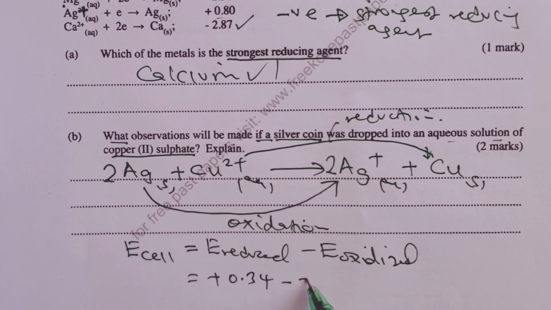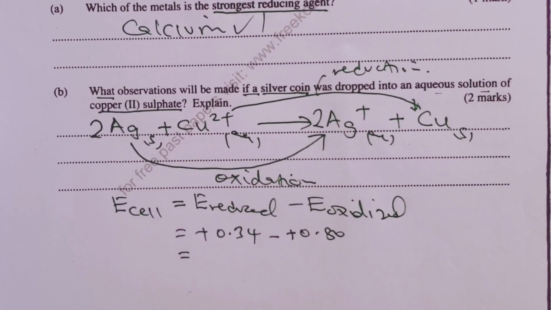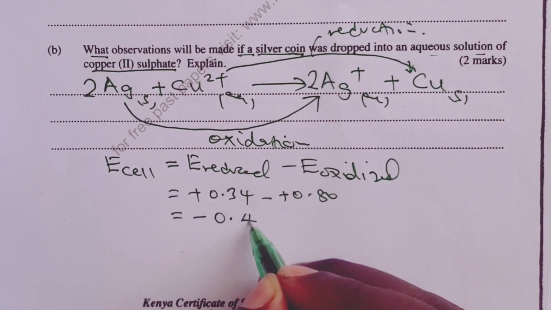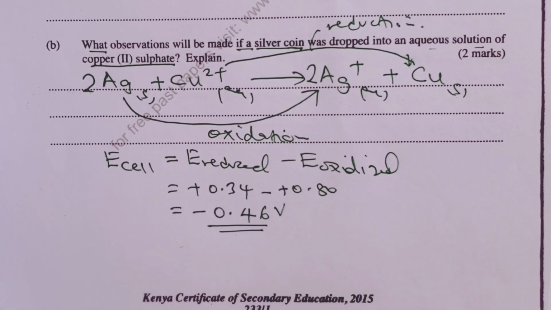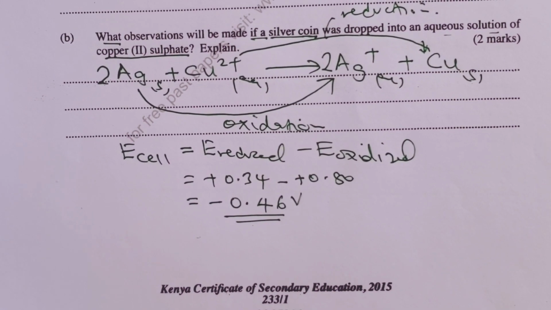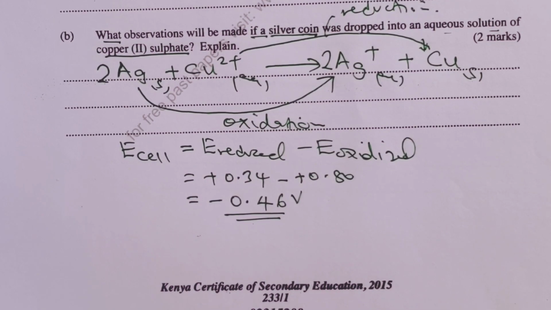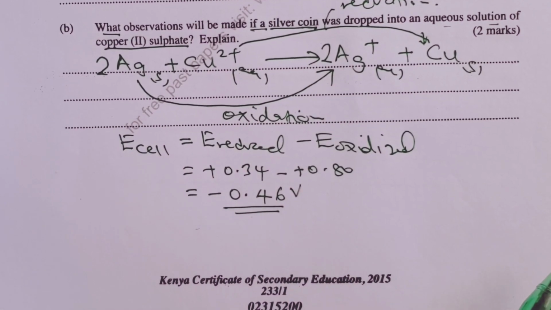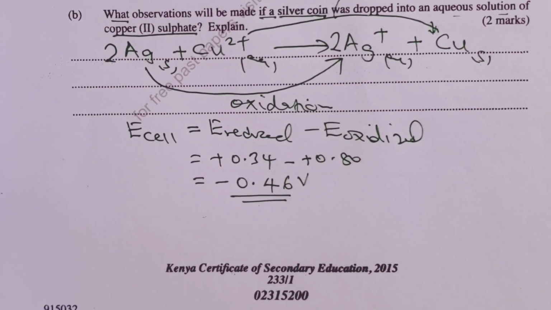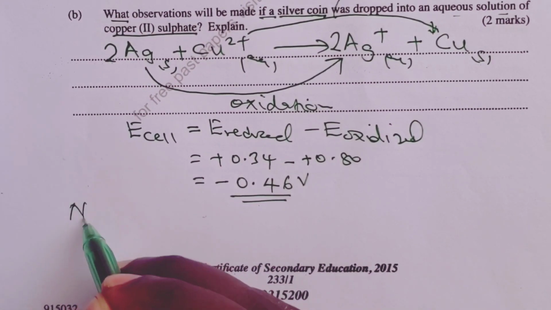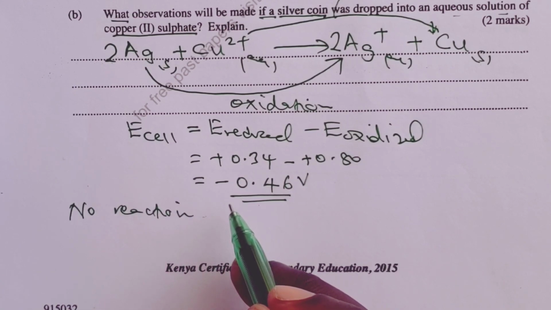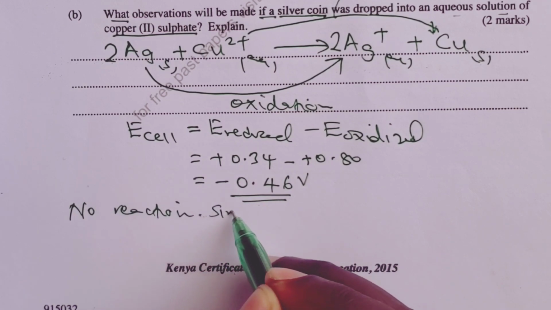Silver has a value of positive 0.80. This would give us an E cell value of negative 0.46 volts. From here, we see that E cell is negative, and for that matter, this reaction represented by this equation here cannot proceed. So we would then conclude that there would be no reaction. To answer our question, there would be no reaction. Why would there be no reaction? There would be no reaction because